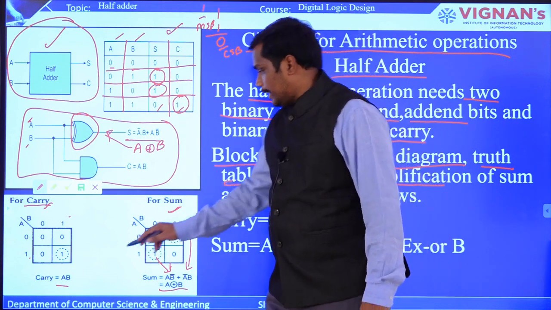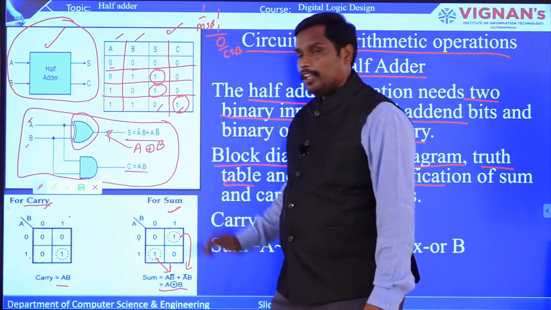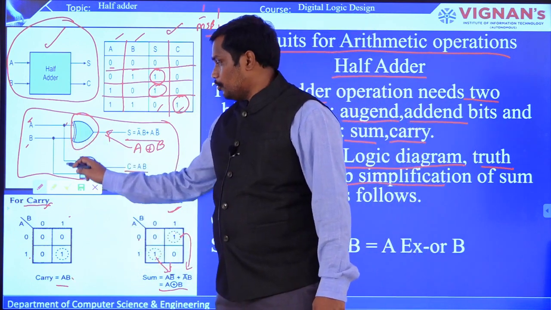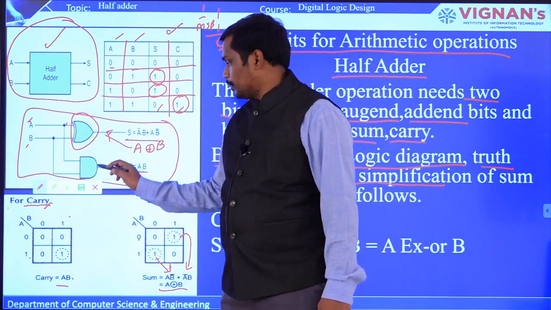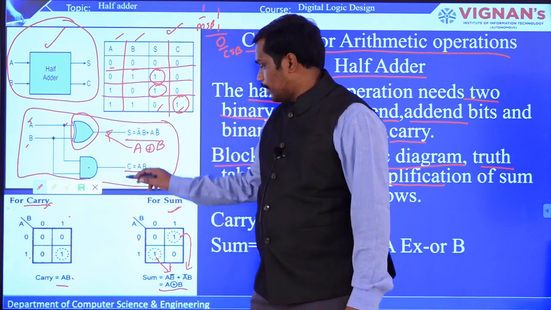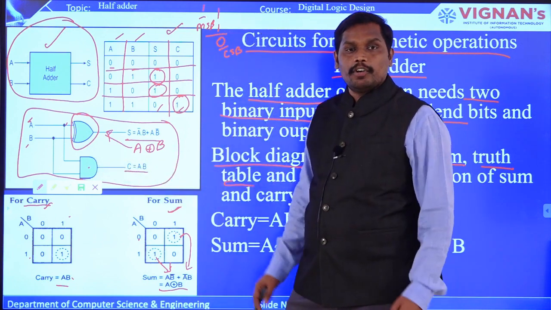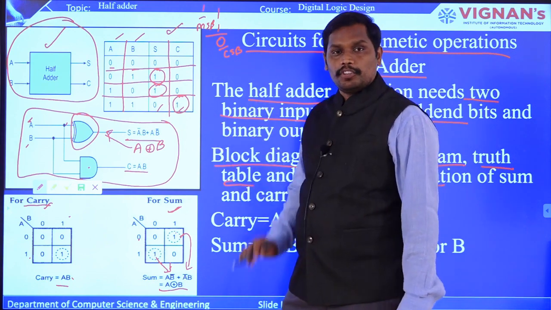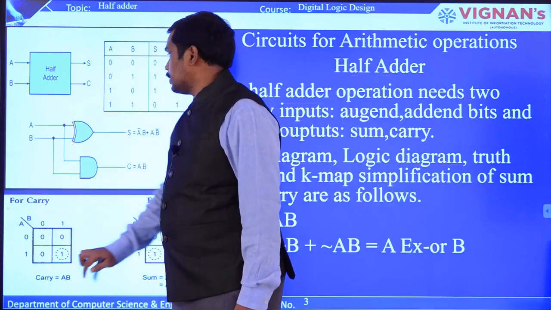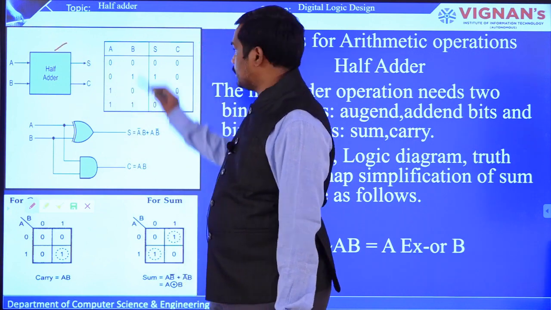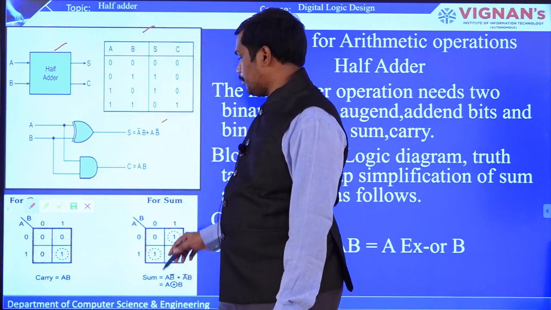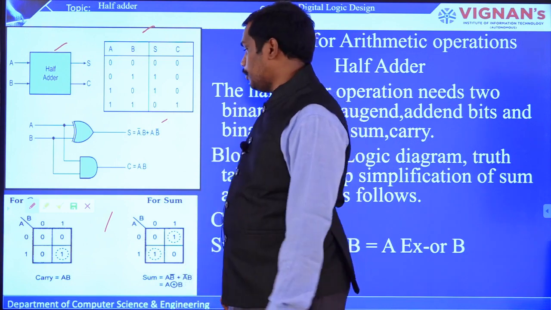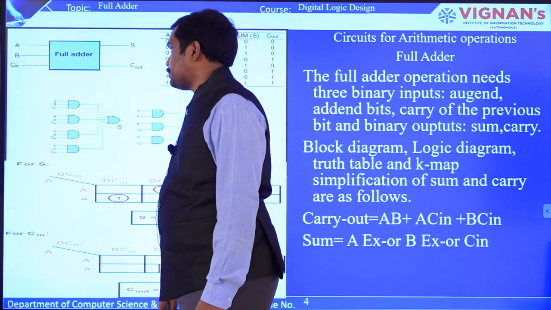And now for the carry, you have C equal to AB, which is the carry, right? Since you get AB, you draw 2 lines from the corresponding inputs and apply an AND operator, and this is how C is equal to AB. You have got the logic diagram. Is it clear? This is the whole process of the half adder. This is the block diagram, this is the truth table, this is the logic diagram, these are the K-maps for the half adder. Now we see what is a full adder.